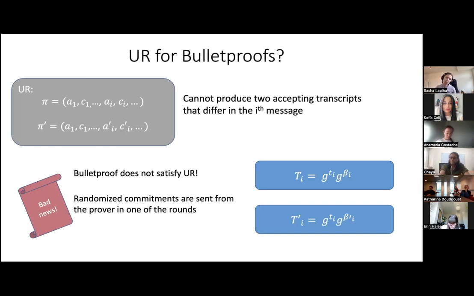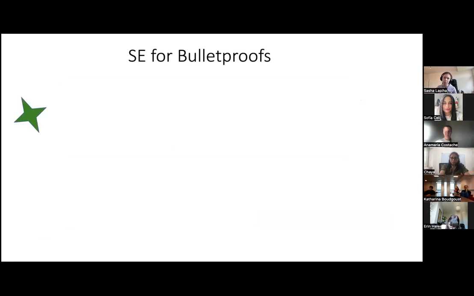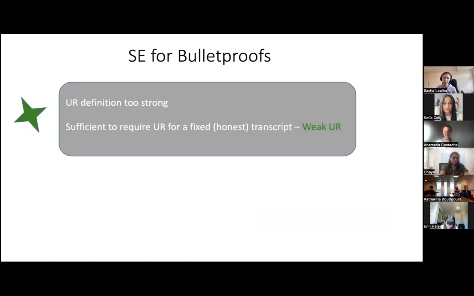Because hiding is necessary. With these randomized commitments, one can trivially break unique response by using different randomness for the same message. So if messages are randomized, then this cannot be unique response, and therefore this proof idea to show simulation extractability does not quite work. So what we do instead, the observation is that unique response is too strong a